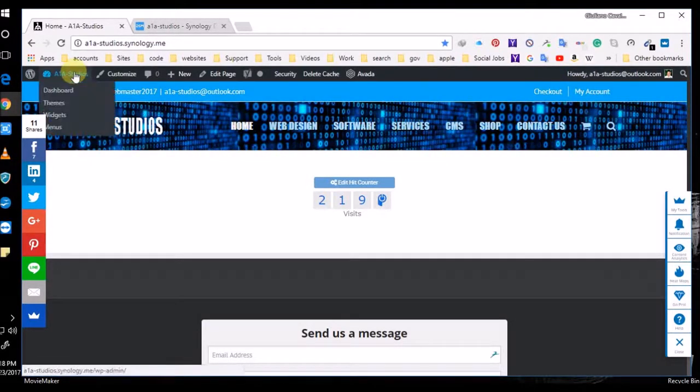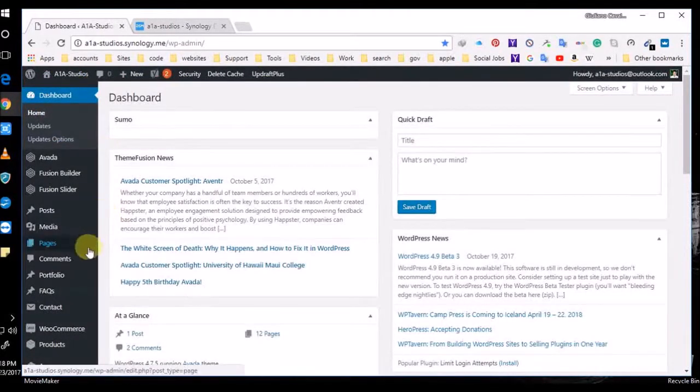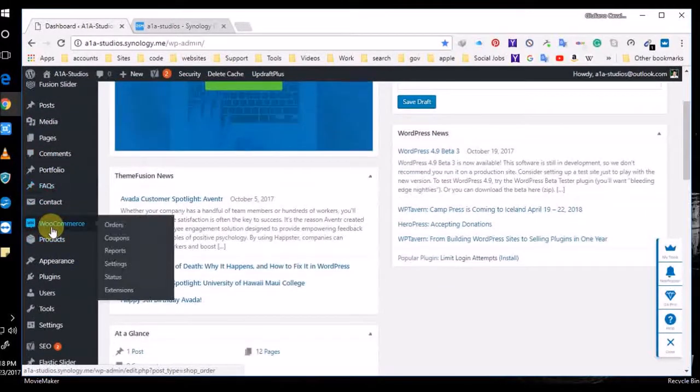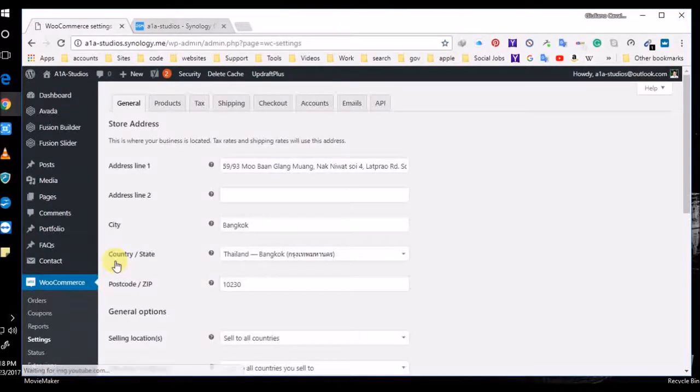I'll show you really quick the e-commerce plugin. It's called WooCommerce, and the settings that you have to have, because it's not gonna show properly,